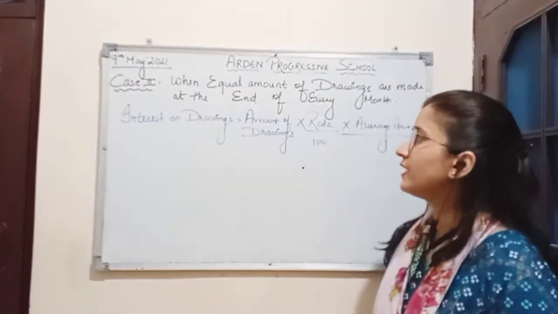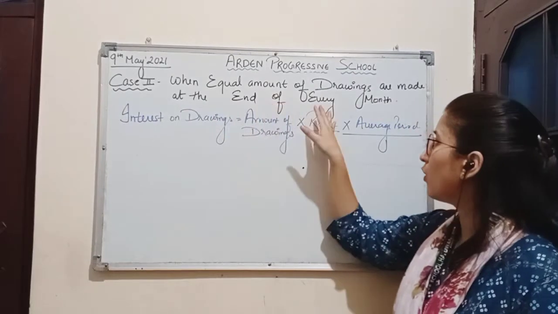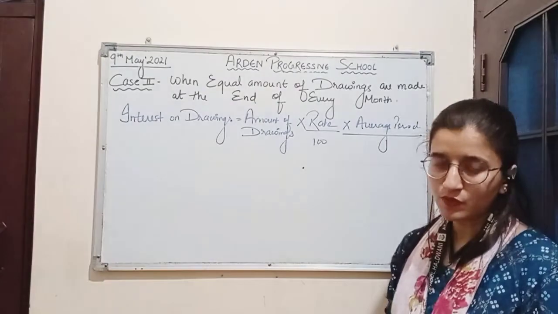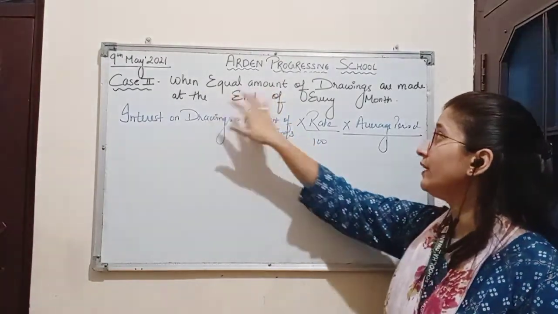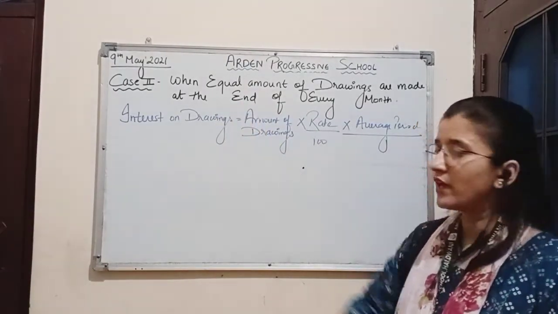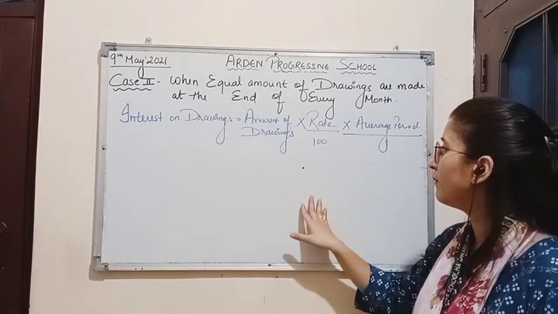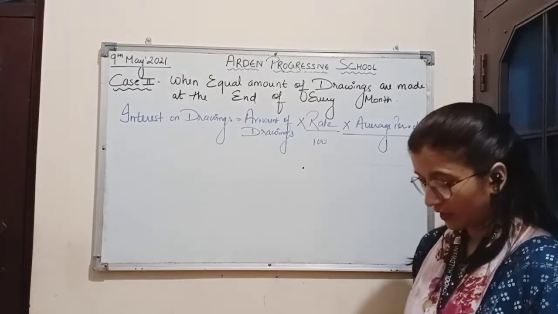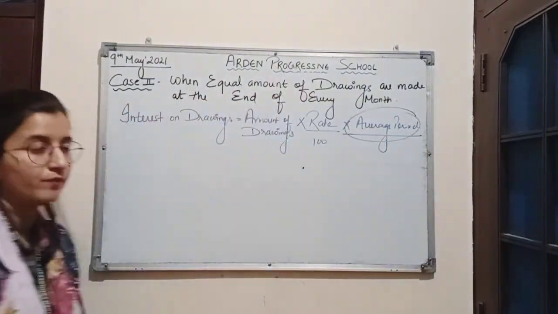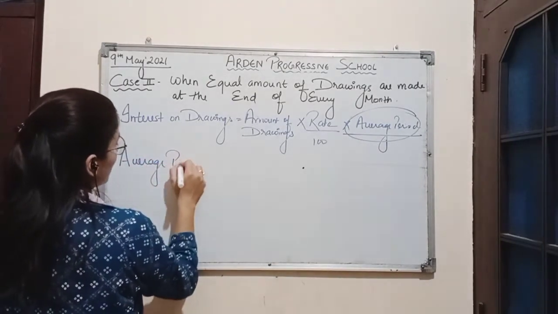Now here is the second case where equal amount of drawings are made at the end of every month. Now again here equal amount of drawing is withdrawn by the partner, but at the end of every month. So we know to calculate interest on drawing, the same formula will be applied. Amount of drawings multiplied by rate divided by 100 into average period. Only the difference will be, we will calculate average period here. Now in this case, average period will be calculated